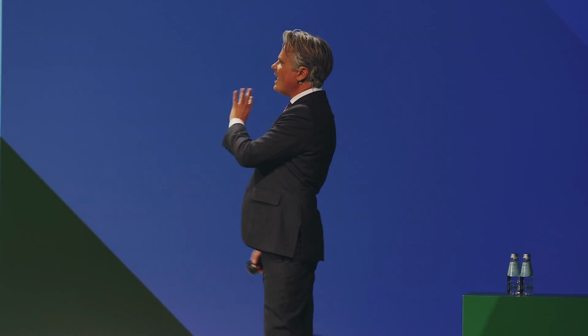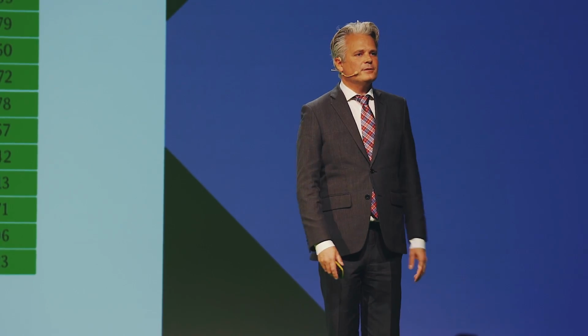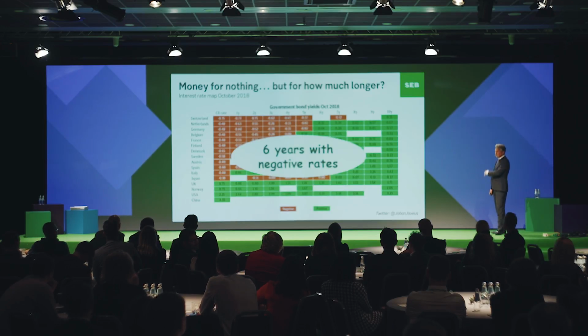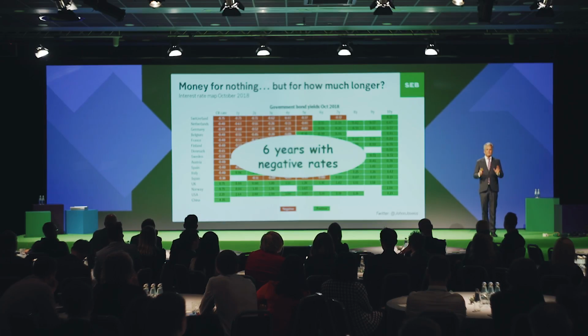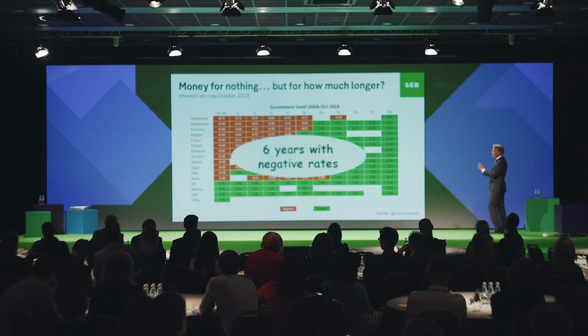It's a fantastic thing. Do you know how long we've had negative interest rates? When did we see the first sign of negative interest rates? How many years ago? I guess 5 years? Well, it's actually 6 years. That's close. When this happened the first time, everybody said, oh, this is so temporary. Pay attention now, because when you blink again, it's gone. Now it's 6 years, and it's not gone yet.